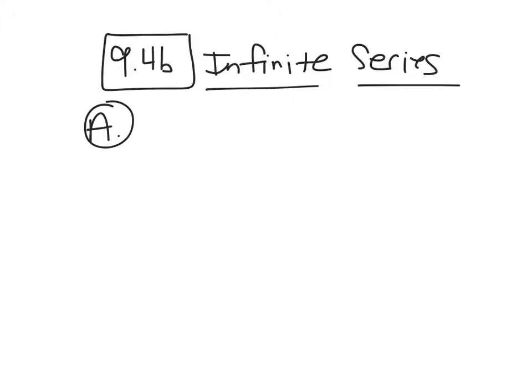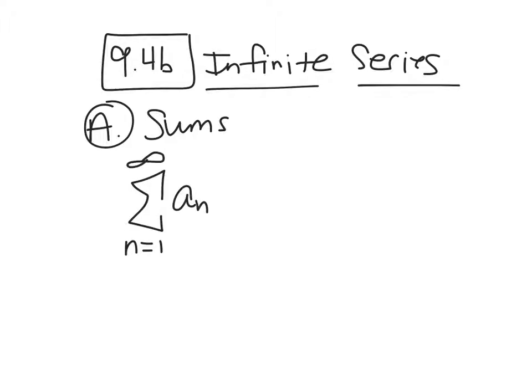Okay. First, we're going to find some sums. Let's define what an infinite series looks like. An infinite series is going to have your sigma, your summation notation. Let's say we start at n equals 1, and we go to infinity, of a sub n. So what this looks like is a1 plus a2 plus a3 plus dot, dot, dot, with no end in